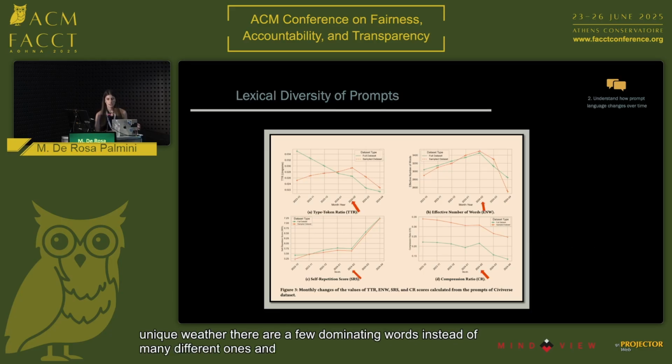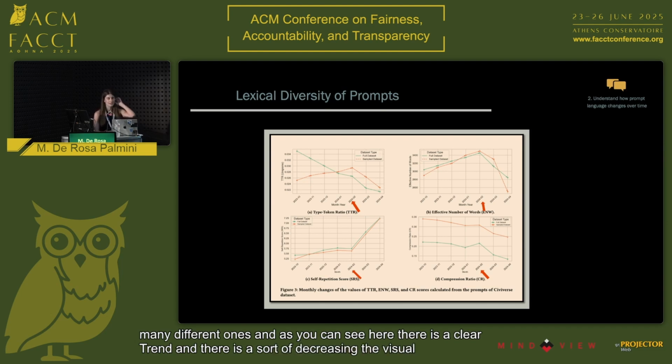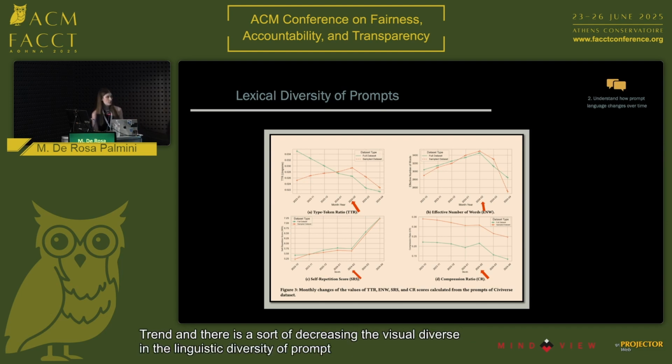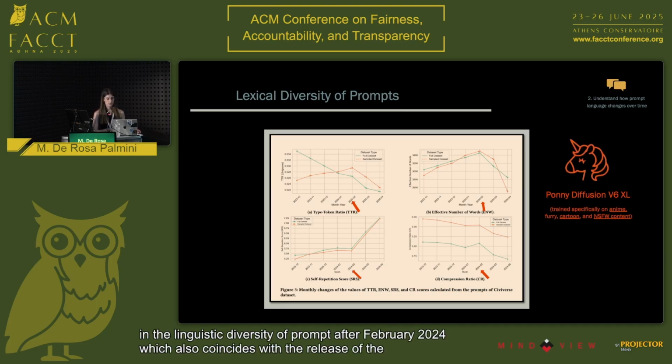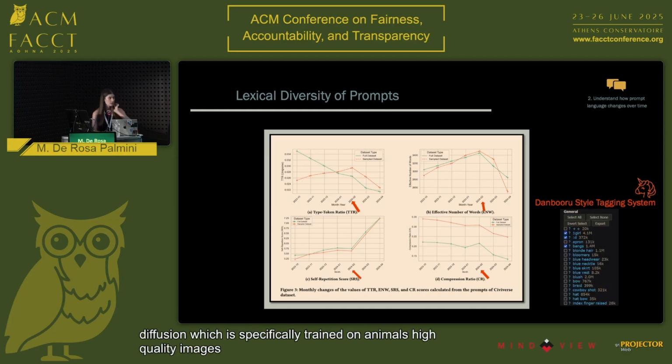And as you can see here, there is a clear trend. There is a sharp decrease in the linguistic diversity of prompts after February 2024, which also coincides with the release of the Pony Diffusion XL model, which is a derivative of Stable Diffusion, specifically trained on anime, cartoon, and not-safe-for-work content, and it was found to be very competent in generating high-quality images for this type of content. What is different about this model is that it introduces the Danbooru style tagging system, which is